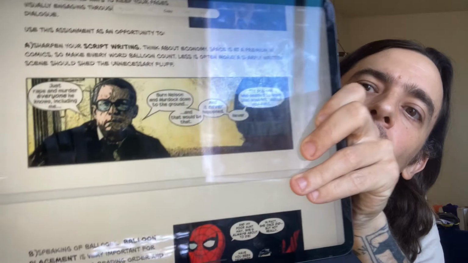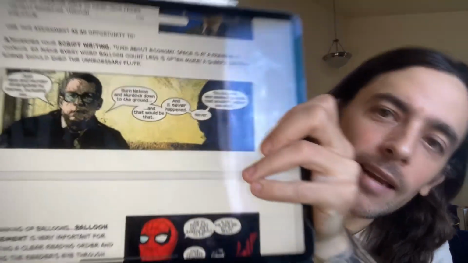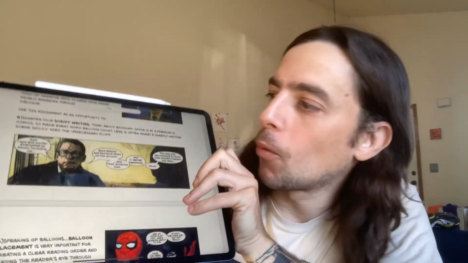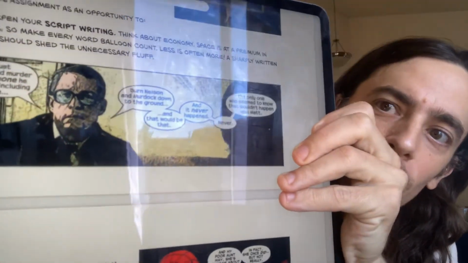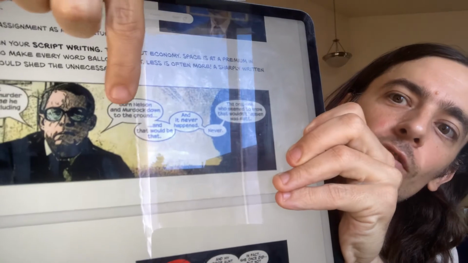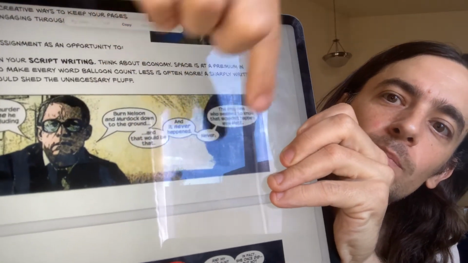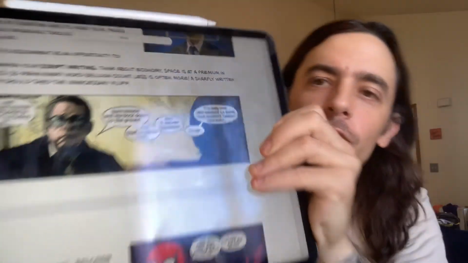And I know I even have in this, this is an example from a Brian Bendis Daredevil comic that I put in the assignment. Bendis is known for being super wordy, and he is. But with some ballooning like that, you can see Ben Urich as a reporter, those aren't just shapes on a page. When you're reading it,